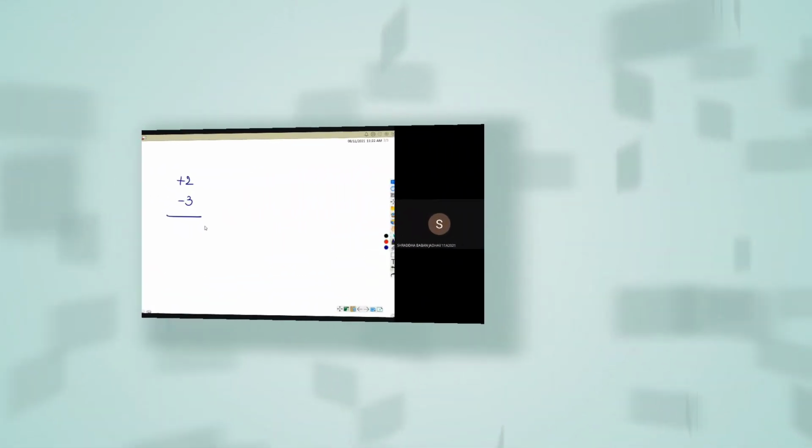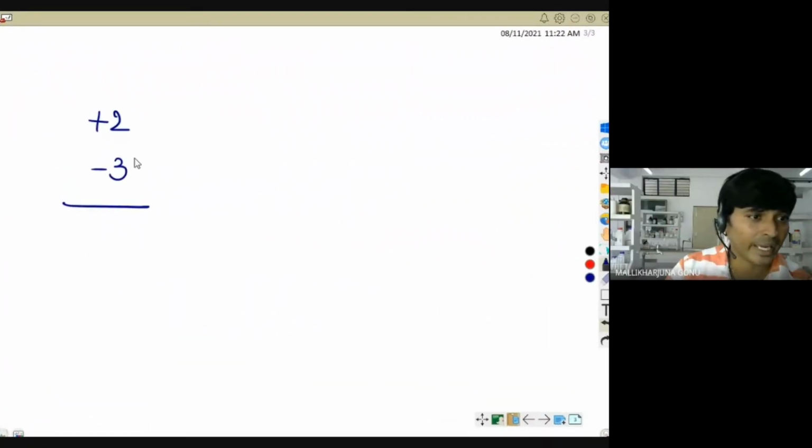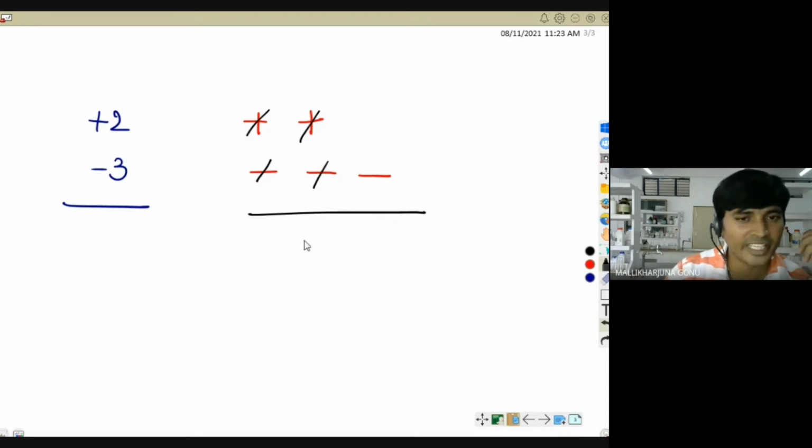Just listen first. Okay. So plus 2 minus 3 I am adding. So plus 2 means what? 2 positive charges are there. ये सब second third class का concepts है. Minus 3 means how many minus are there? 3 minus are there. Okay, now I will cancel out 1 plus 1 negative. So how much it is left here, Shraddha?